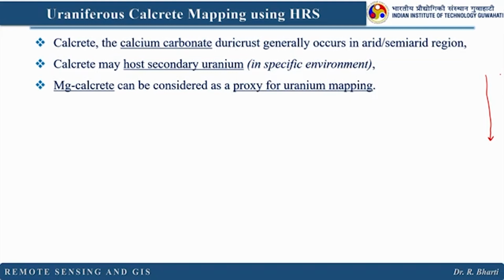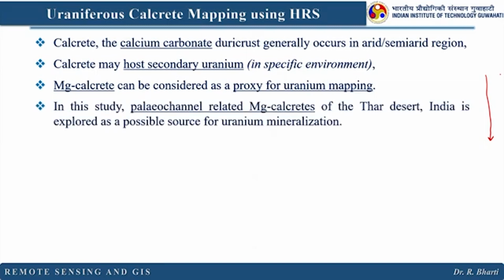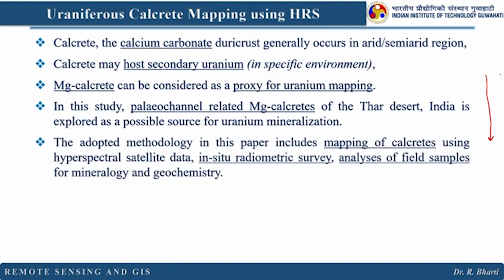Because the concentration of uranium is very low in water or soil samples, it cannot be identified directly from space. So, that is why Mg calcrete will be used as a proxy. In this study, paleochannel related Mg calcretes of the Thar desert, India are explored as a possible source of uranium